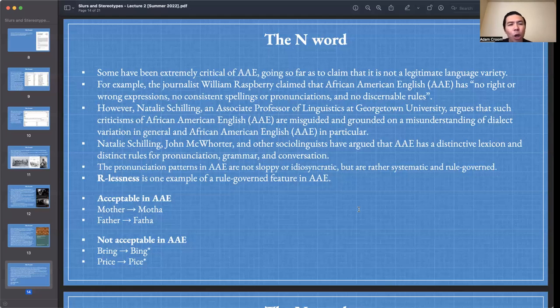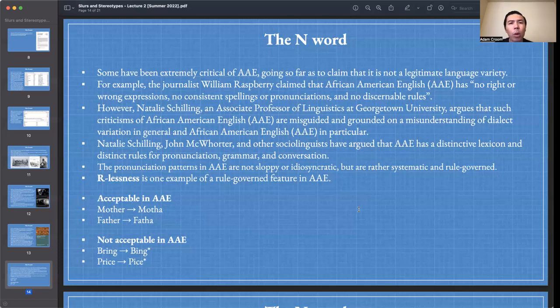Natalie Schilling, John McWhorter, and other sociolinguists have argued that African-American English has a distinctive lexicon and distinct rules for pronunciation, grammar, and conversation. The pronunciation patterns in African-American English are not sloppy or idiosyncratic, but are rather systematic and